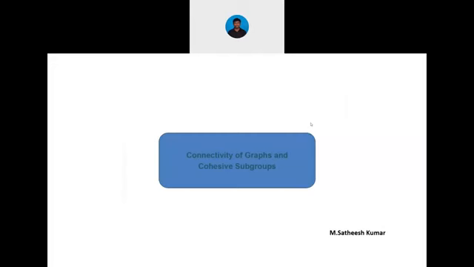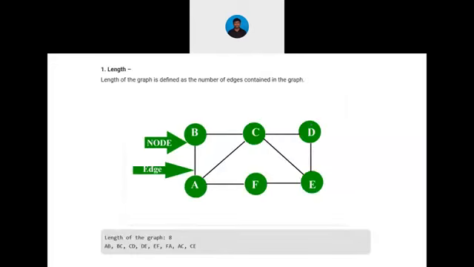So, connectivity of graphs and cohesive subgraphs. Before entering into this concept, cohesive subgraphs, I want to convey some basic terminologies to you. Without these terminologies,